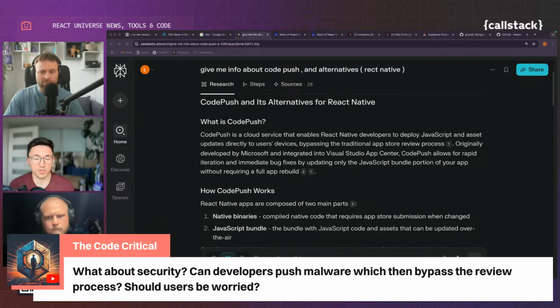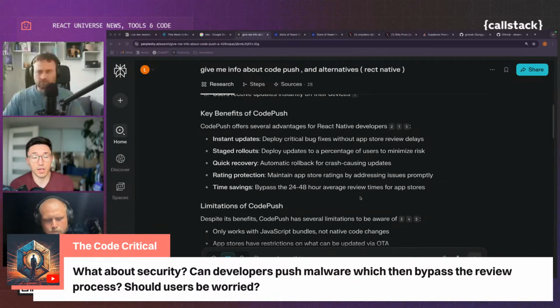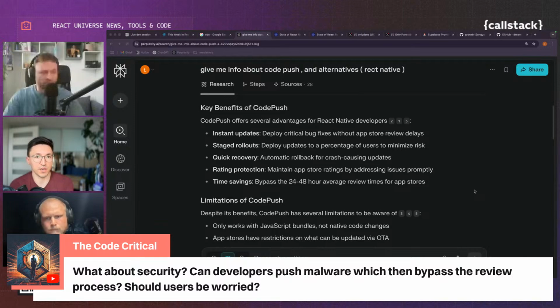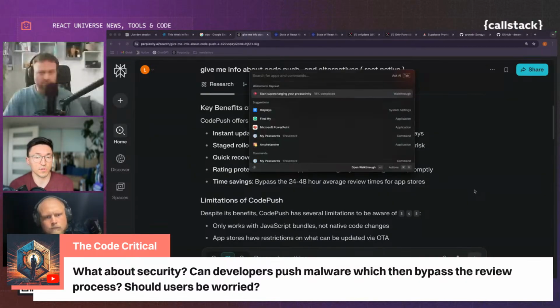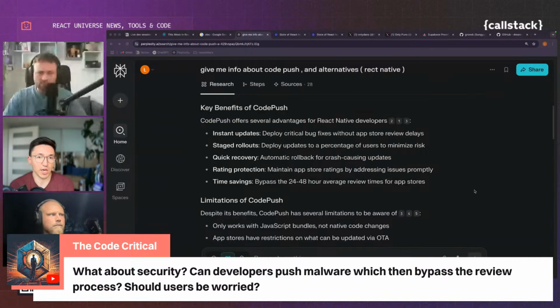So if this malware is able to use just JavaScript or already available native libraries, then yes, of course, and that's the same for any other app. So if your native app will get through the App Store review and no one will notice the malware, you got the malware app on your device, and now as a user, should you be worried or not? Of course, you should be worried, and you should be using apps from reliable